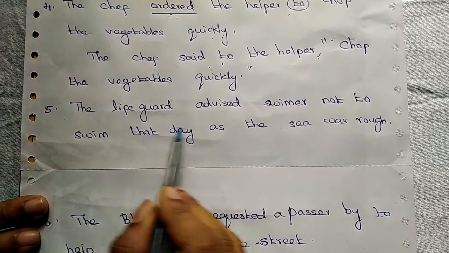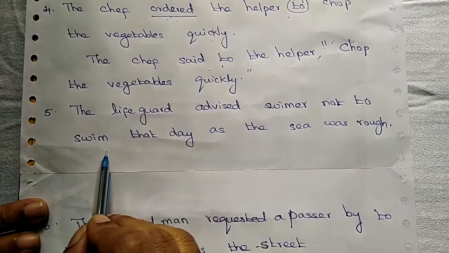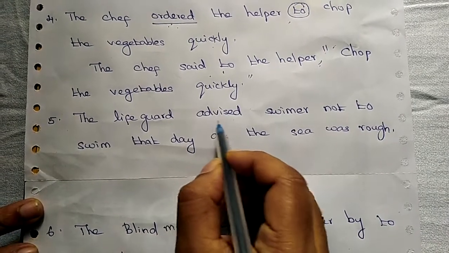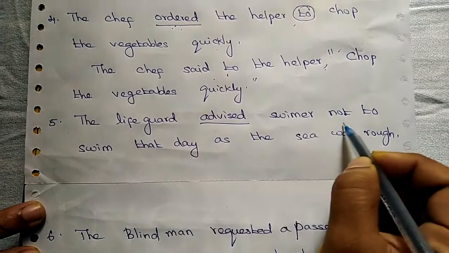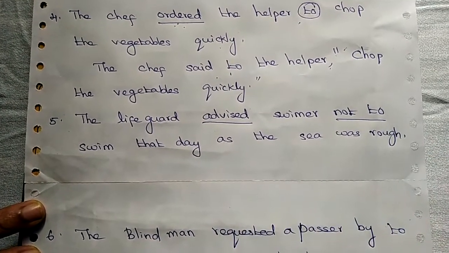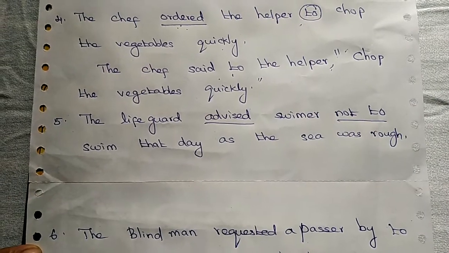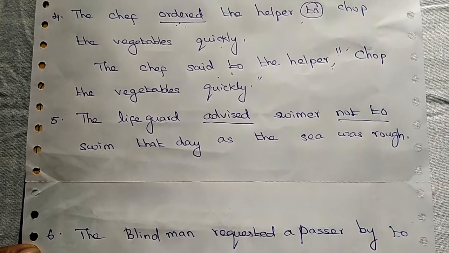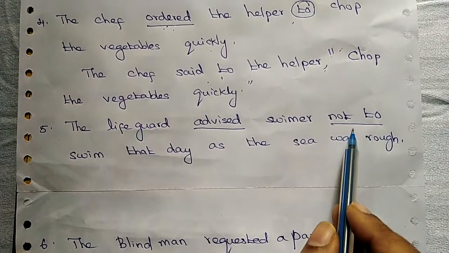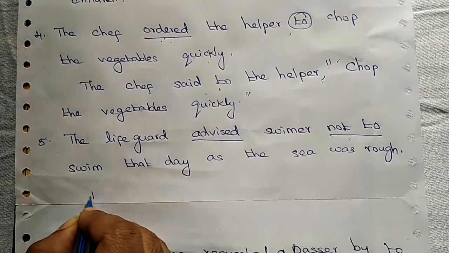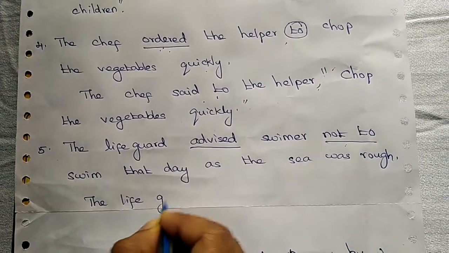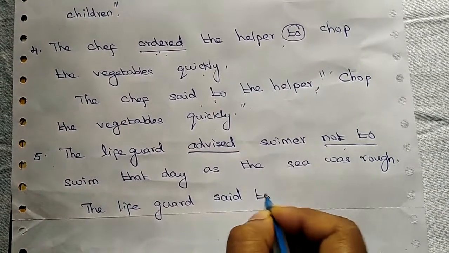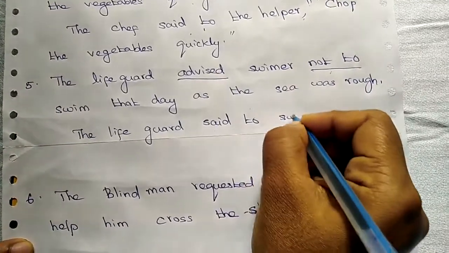Then the lifeguard advised the swimmer not to swim that day as the sea was rough. So here also we can identify first the reporting verb. Advised. Not to is the connecting word. So what type of sentence is it? Yes, it's an imperative sentence, and also it is a negative sentence. See here, we used the connecting word not to. So, shall we change? The lifeguard advised will change into said to. Lifeguard said to the swimmer,